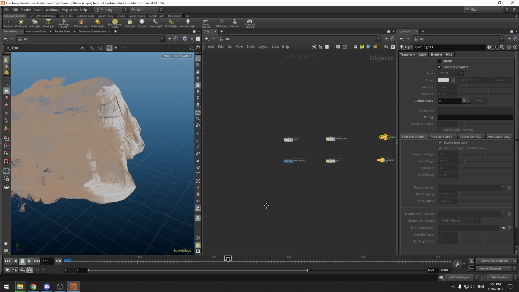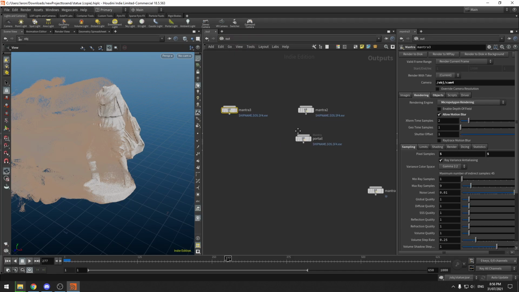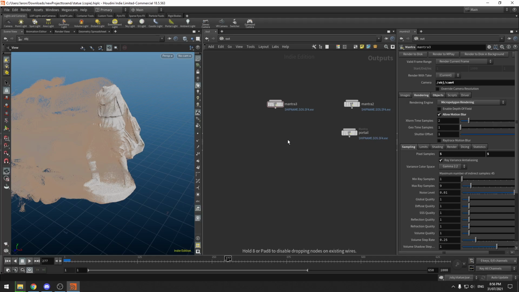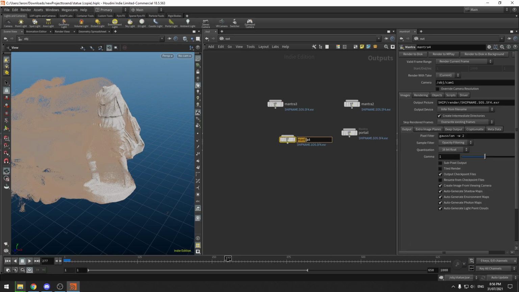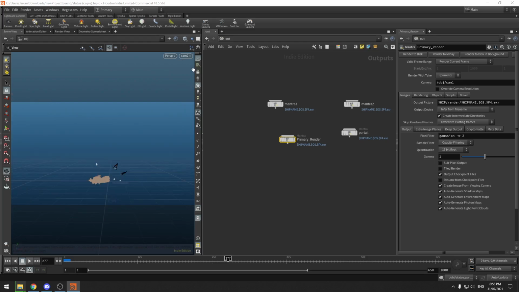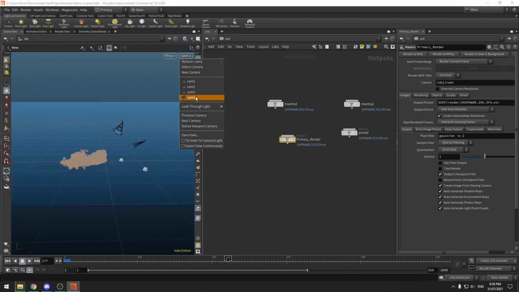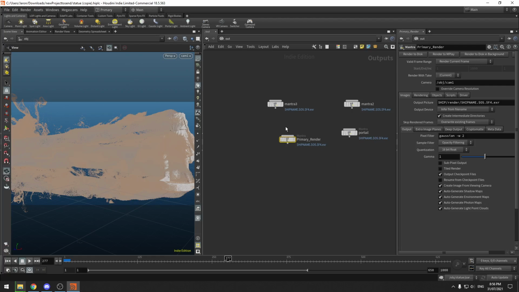So what I'm going to do is render out this render statue here. I'm going to go to the out. I'm going to make a new node. I'm going to call this primary render. I'm then going to figure out which camera I want to render from. Let's see, camera 3, 4. Let's go camera 1. Let's just keep it at camera 1 for now. I'm going to just